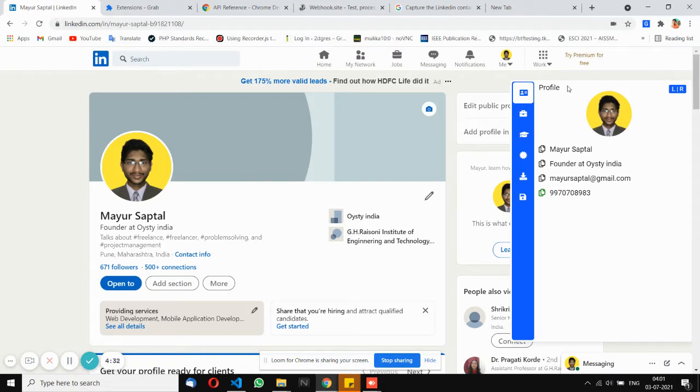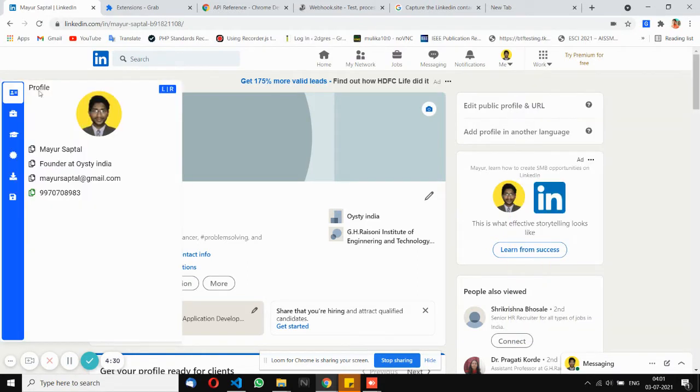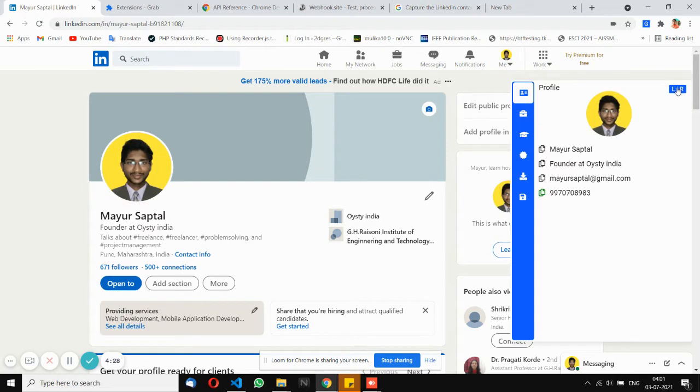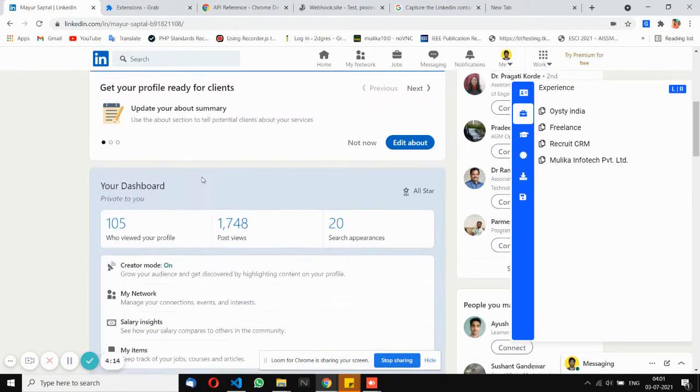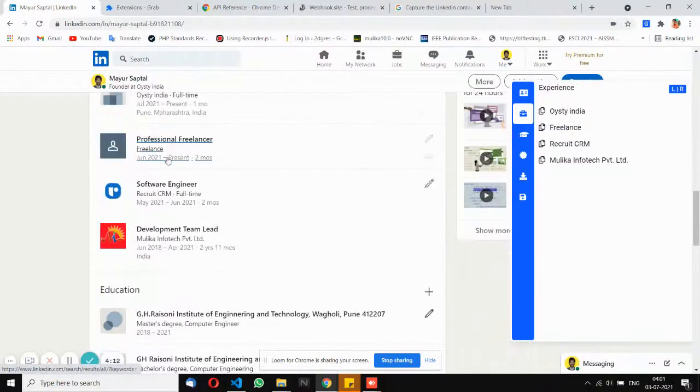Also, this extension can switch its position. You can see left to right, right to left. So the position can be switched, and currently it's not getting complete data. Basically it grabs the user's position, email and phone number, and his experience, where the user worked before,